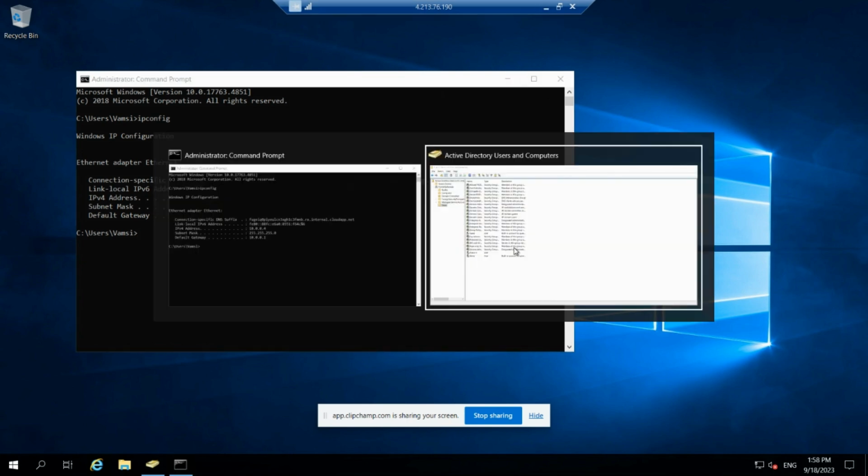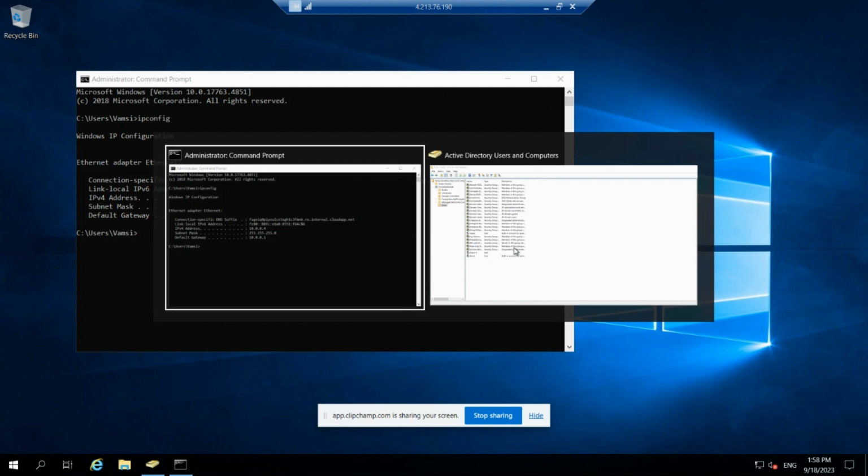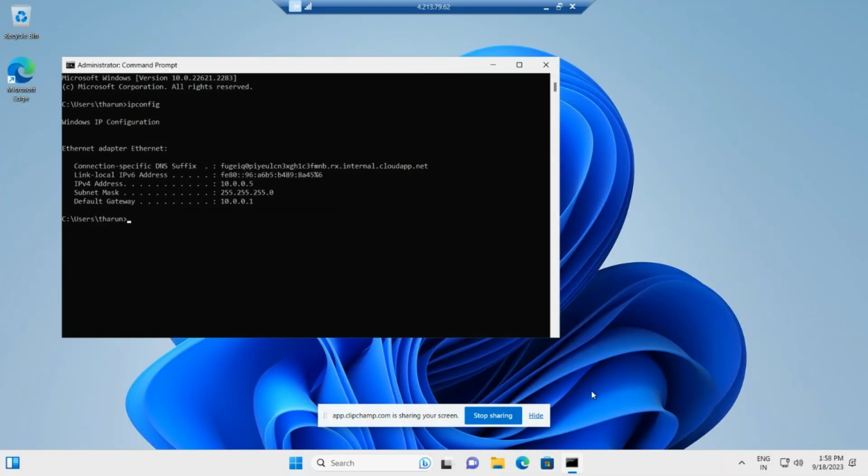I did the same for the new VM I created for testing purpose. This is a Windows 11 test VM. So here also I type it, and this is the IPv4 address and the subnet mask. So now I'll join this device into